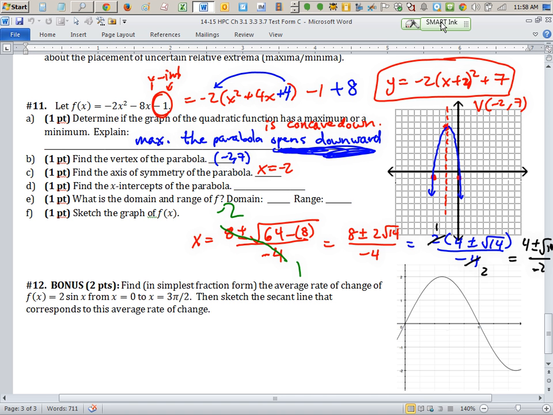All right, so awkward X-intercepts, they usually are, especially when the vertex is friendly looking. So it's basically 4 plus or minus root 14, all divided by negative 2. Domain, all real numbers. Range, looks like y is less than or equal to 7. Sketch the graph, I already did. Okay, next is